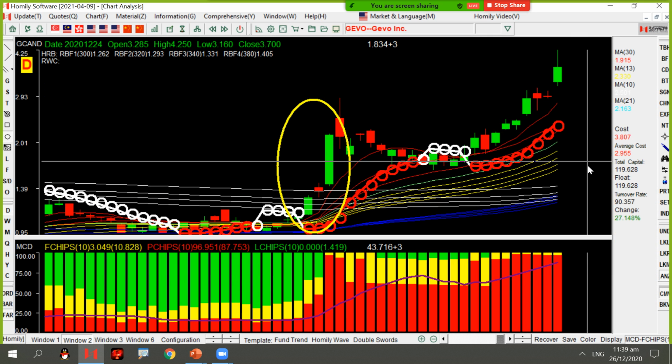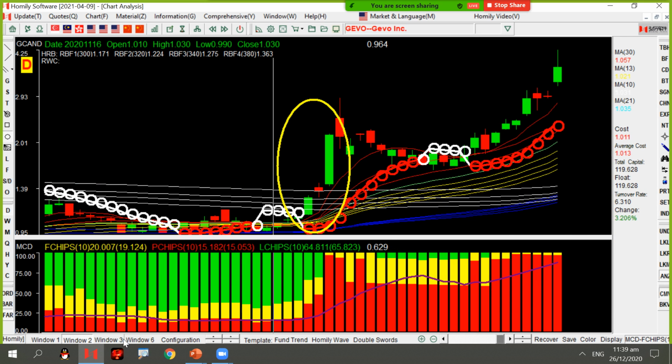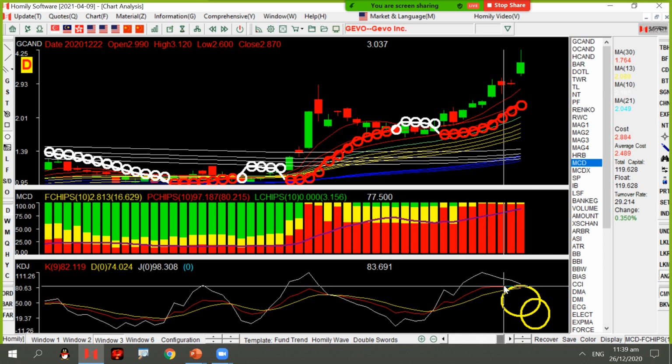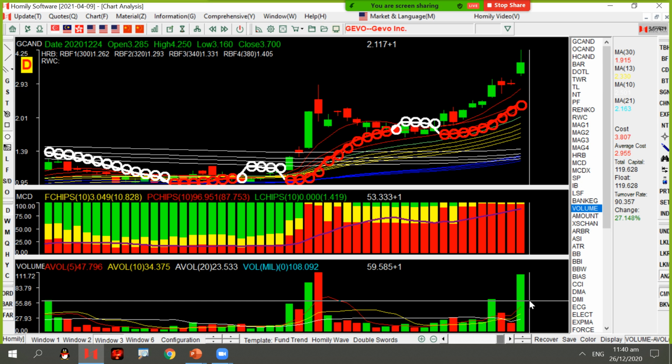Turnover rate represents this. Okay, I use the volume again. For this chart, I must repeat again. For volume, the last day the volume is 108 million. One day, the volume is 108 million. But the whole floating shares in the market is 119 million. That means all the shares in the market is 119 million, but one day's trading volume is 108 million. So the percentage is 90%. Crazy, right?